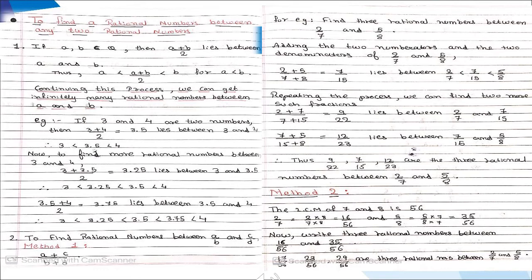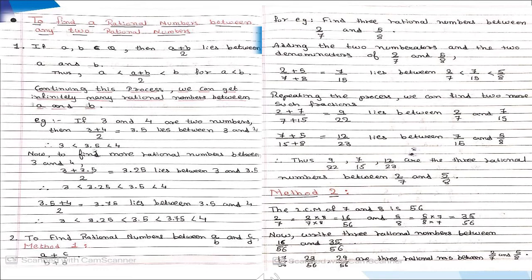I will again revise. You have first found the exact mid value by adding those two and dividing it by 2. Then once you have taken the lowest of your question and the mid value, and the other time the highest and the mid value. Now student, this was the question where you will be asked to find the two rational numbers between the two rational numbers which are in the form of integers.